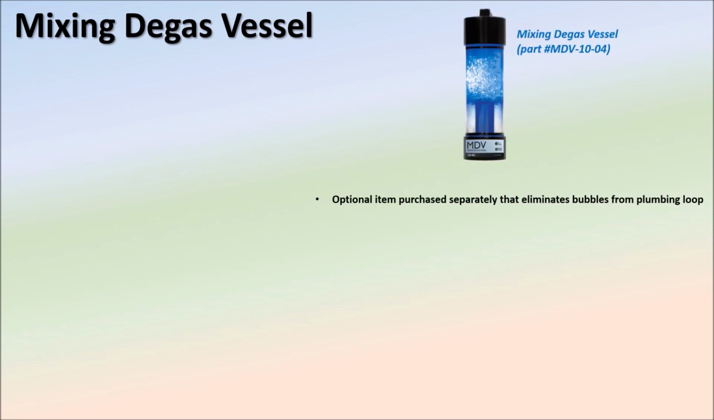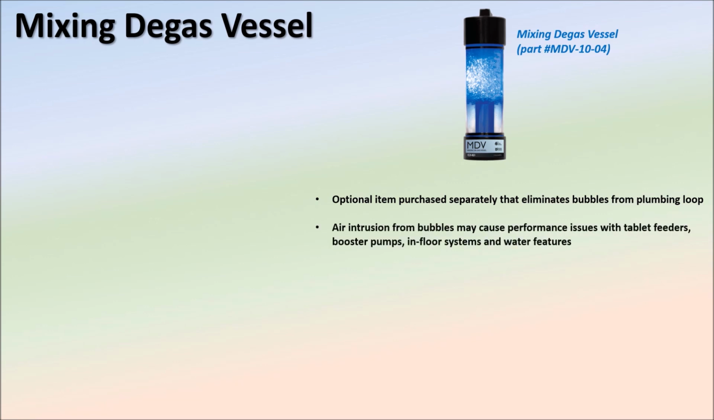A popular optional method of installation for the EC Series ozone unit is with the mixing degas vessel, part number MDV-10-04. The MDV eliminates bubbles from the water that may cause performance issues with tablet feeders, booster pumps, in-floor cleaning systems, and water features. The clear vessel hangs on the wall next to the ozone unit and is plumbed on